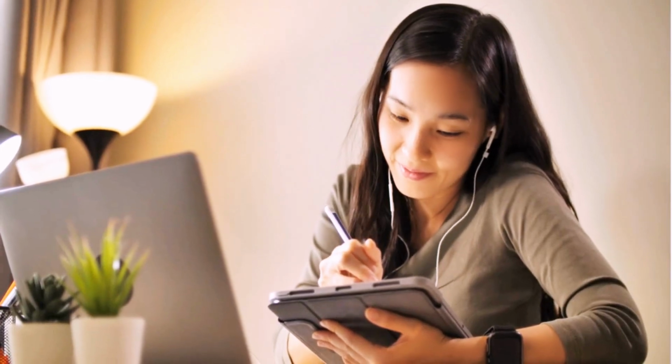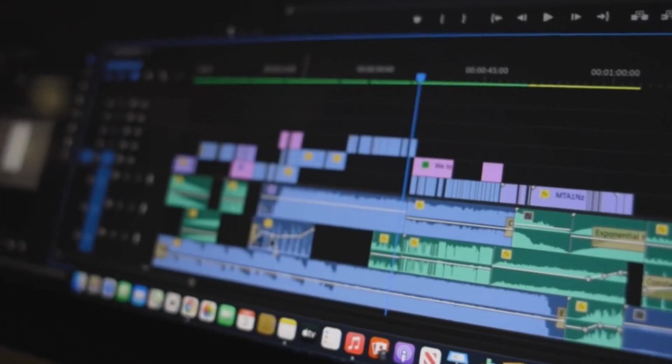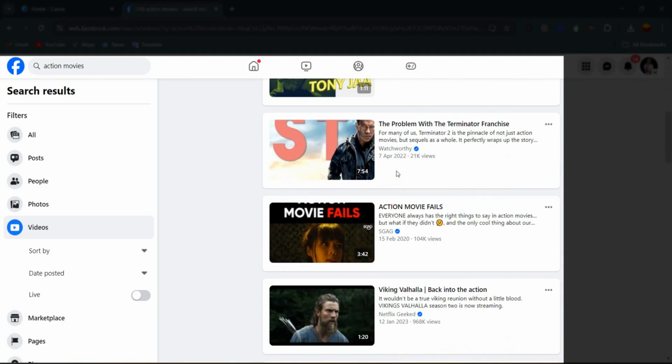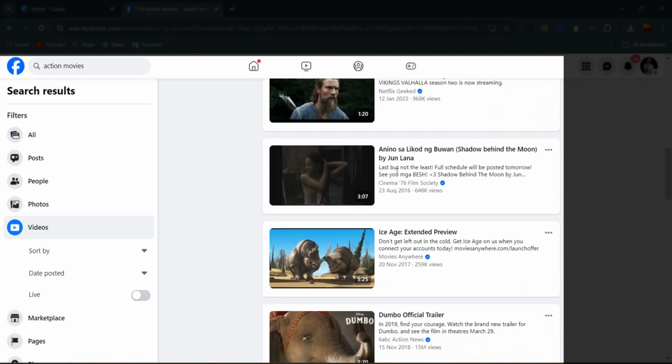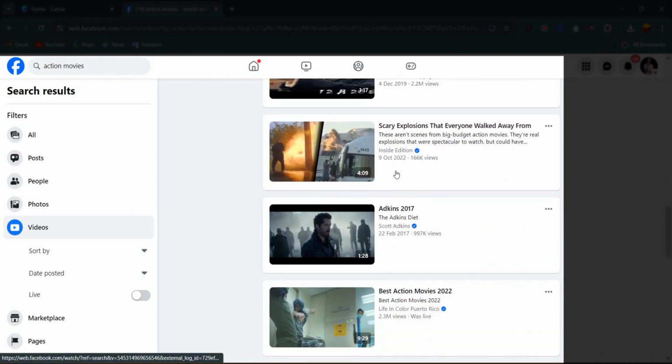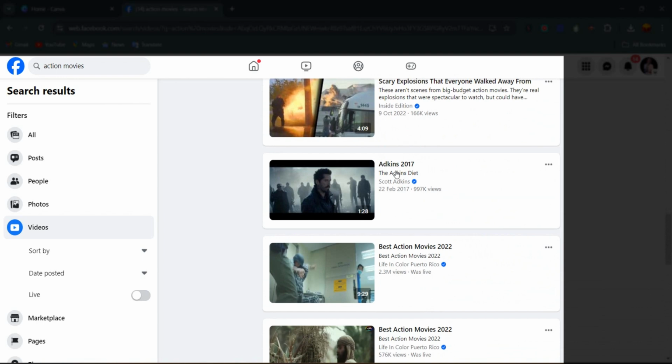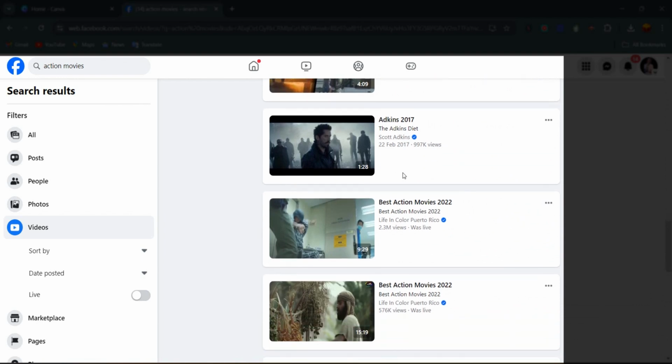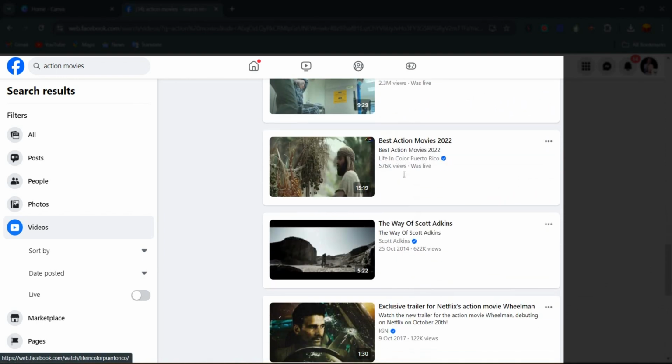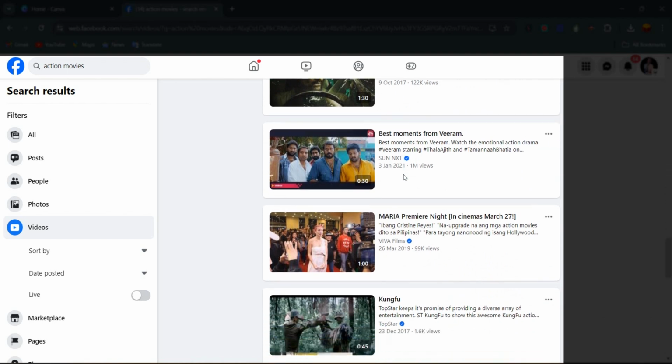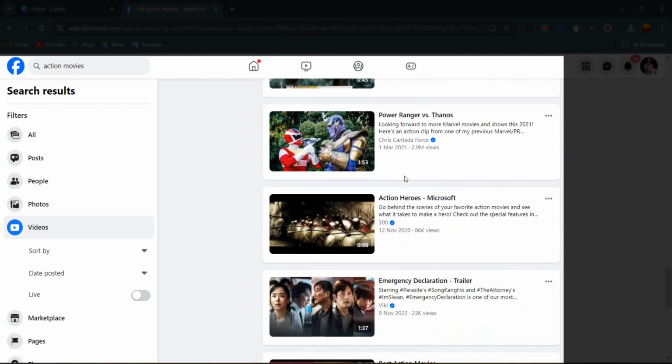In this tutorial, we are going to see how we can create short clip videos from movies, which I'm going to call recapped movies, and upload on our Facebook, Instagram, YouTube, or even that of our TikTok. We're going to see how we can create all of these, and it is very much possible for us to create this and upload it on all social media, and we are going to still have a good number